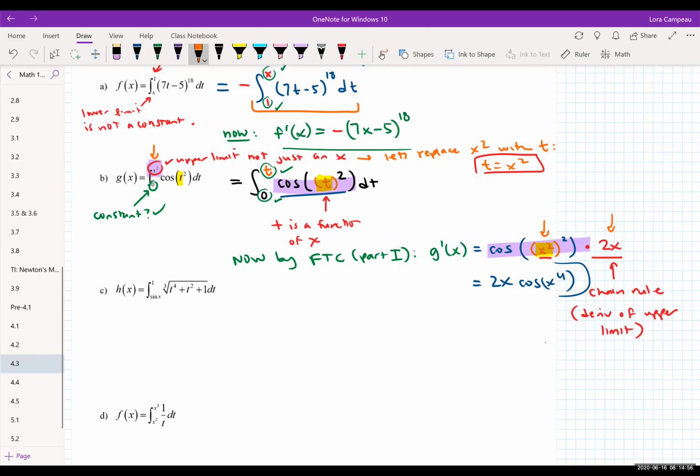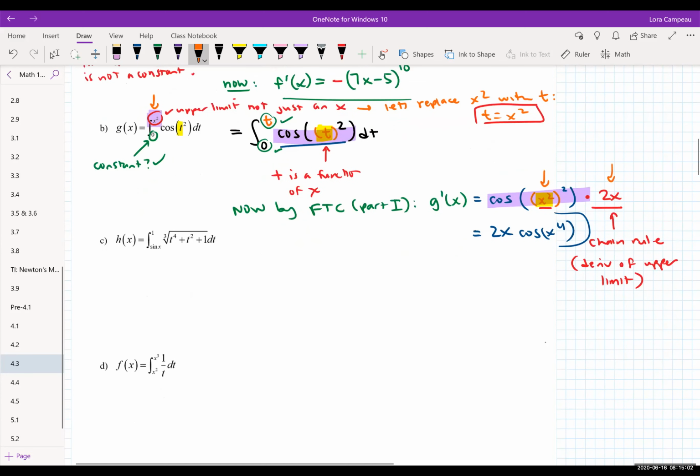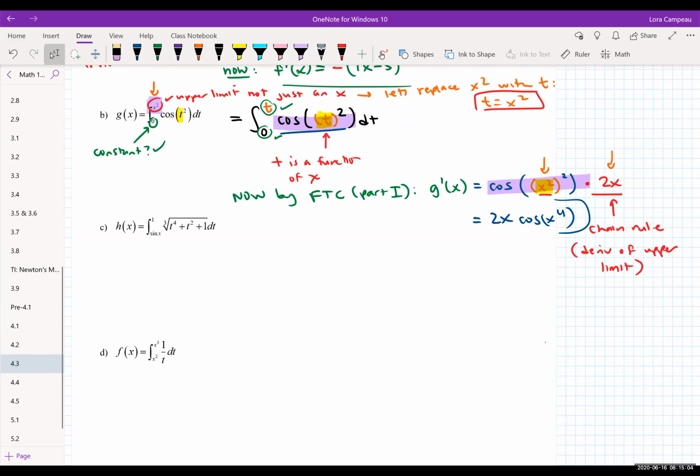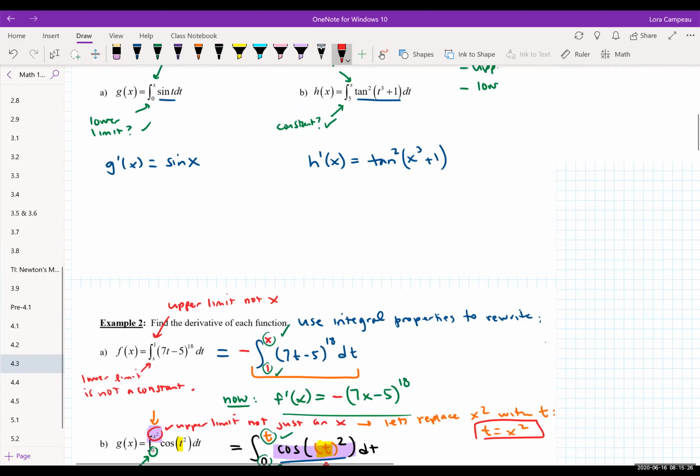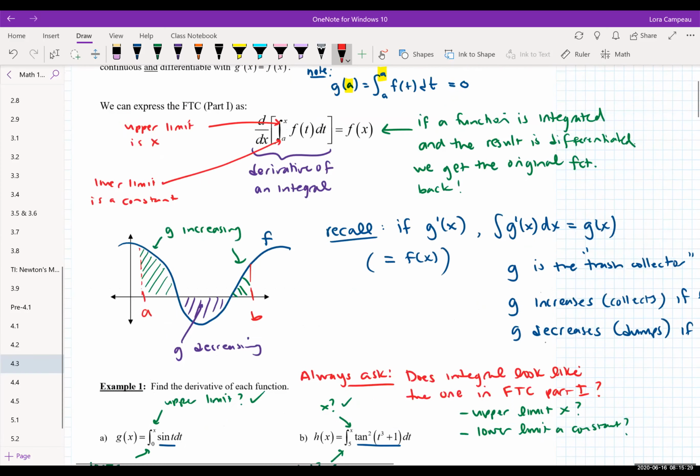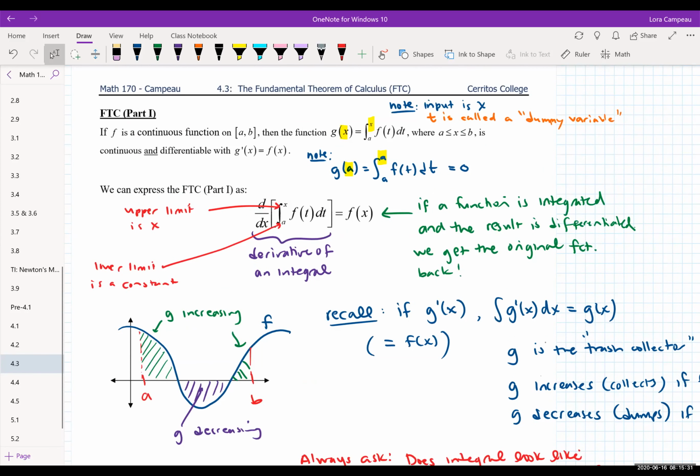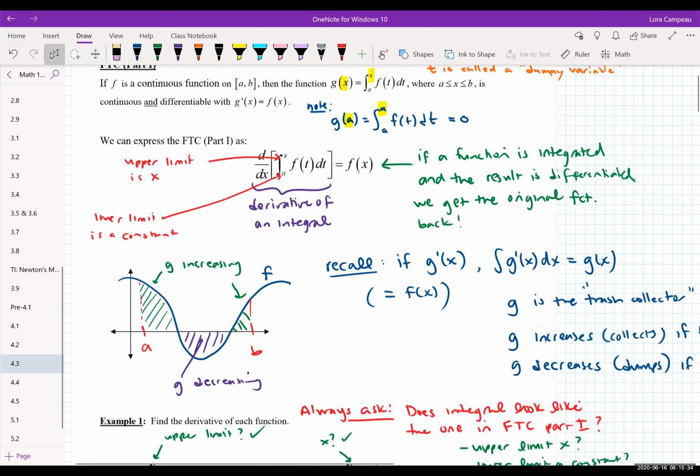So I'm gonna do a couple more, and then of course, practicing it is gonna be a lot more benefit to you than just watching us go through the video. So as you can see with part C, h of x, you're noticing when you're playing around, what's the caution here? The upper limit is a constant, and the lower limit is more complicated than just an x. And our whole goal, anytime you're using part 1 of the fundamental theorem of calculus, is to get a constant as the lower limit and just a nice x or a single variable as the upper limit. So if we do that,